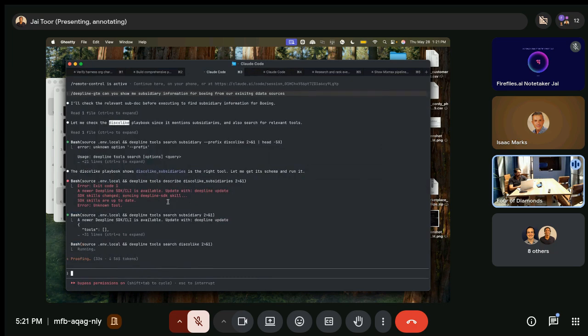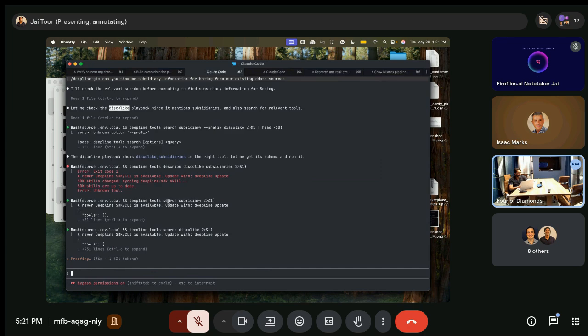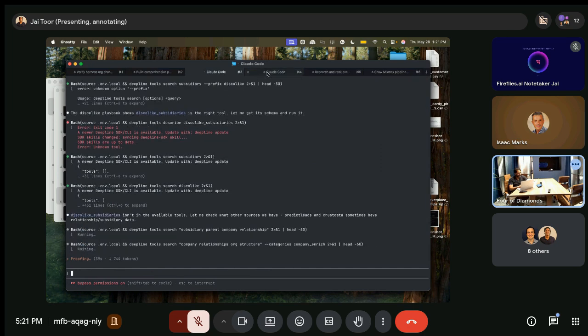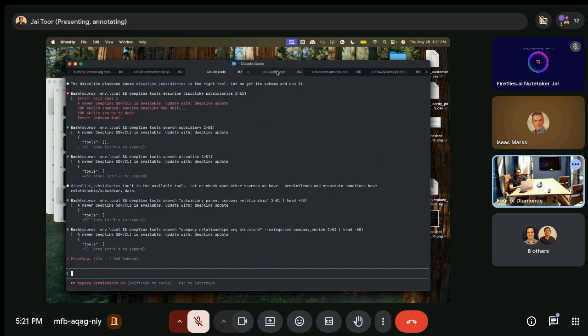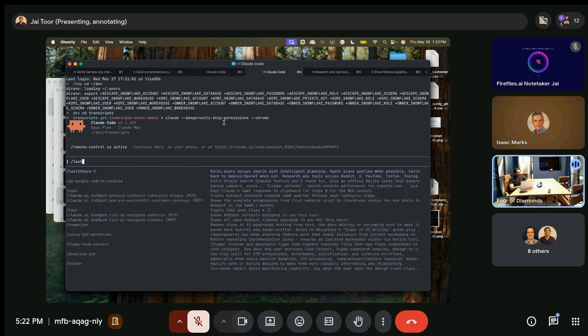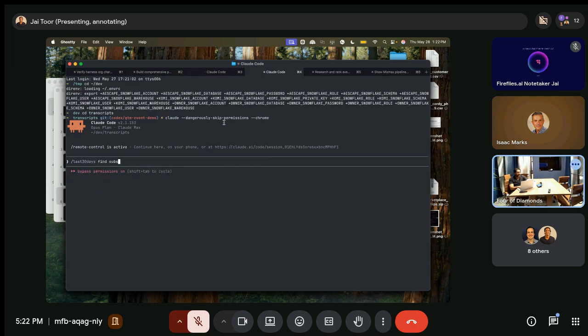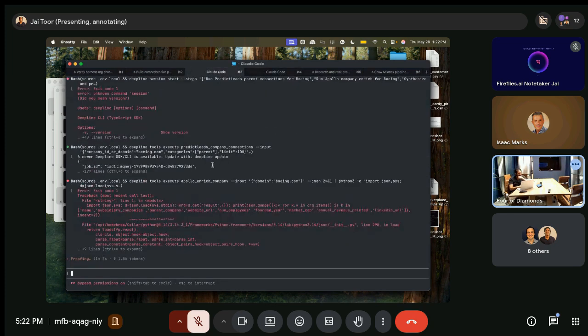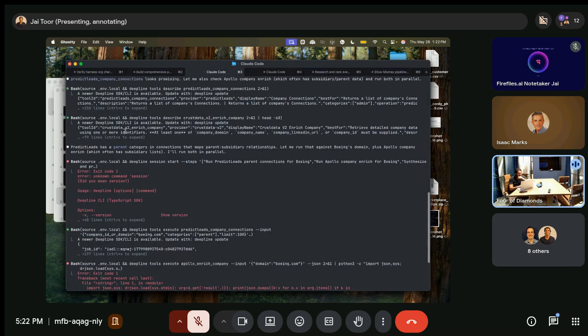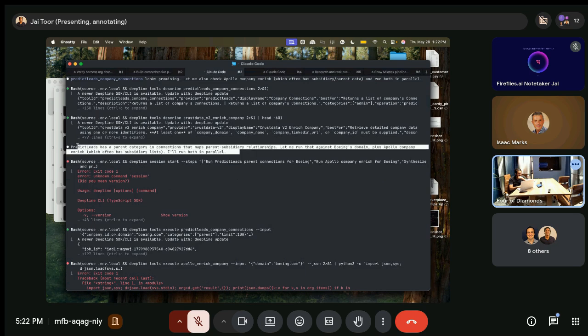Yeah, so Disco Lake will have it, but I don't think that will show up for you guys right now. Let me double check. Let's see if that works. And last 30 days, find subsidiary information hierarchy for public companies and find public APIs to solve it. Cool. Yeah, this is the one I expected to use and work with.